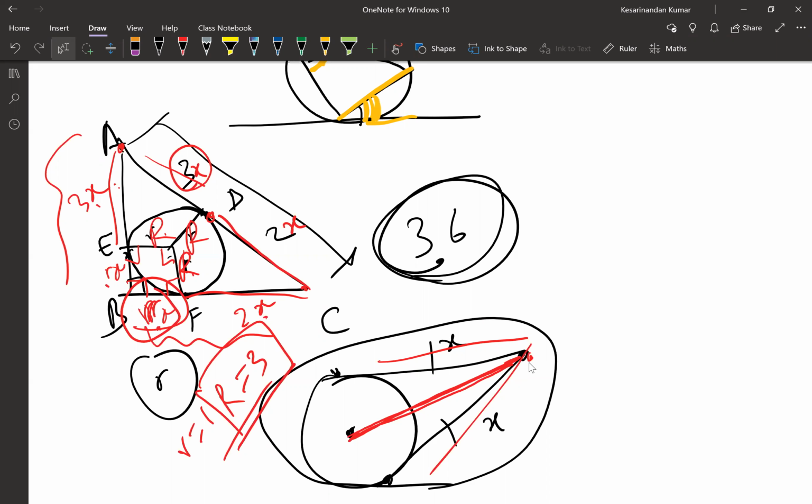Now I did simple substitution. If we substitute x as 3 and r as 3, we get 36. To cross-check my answer, if I find the sides using x as 3 and r as 3, I get a perfect Pythagorean triplet: 15, 12, and 9. But if I substitute 2 or 1, I don't get a Pythagorean triplet. So it simply means that 3 and 3 are the perfect answers for x and r.